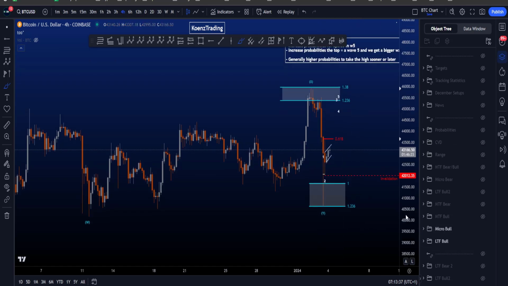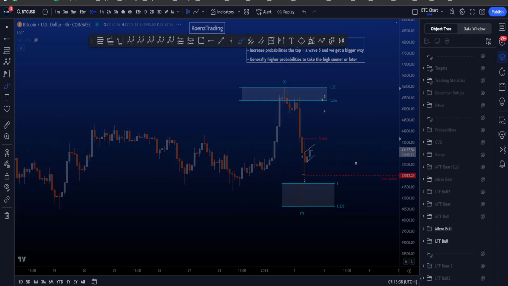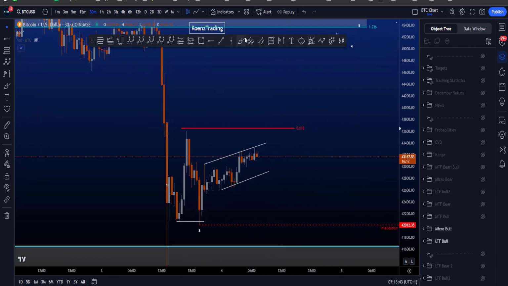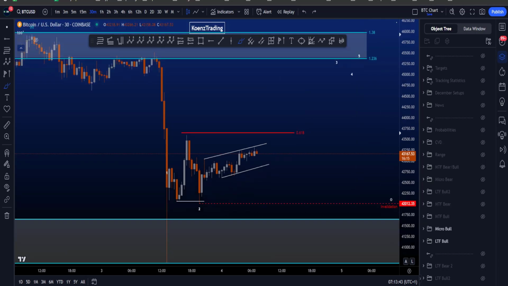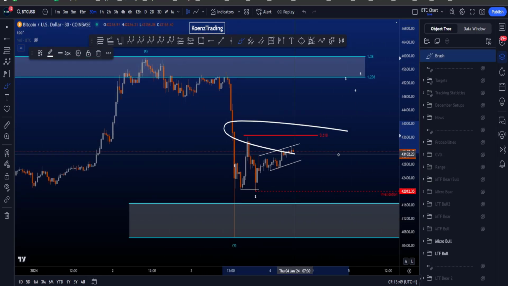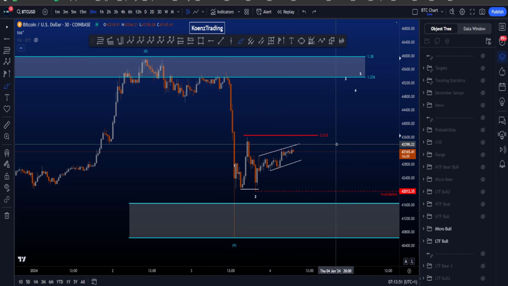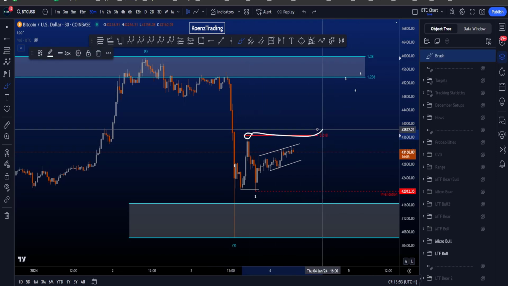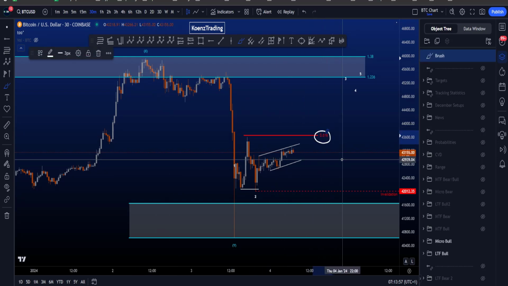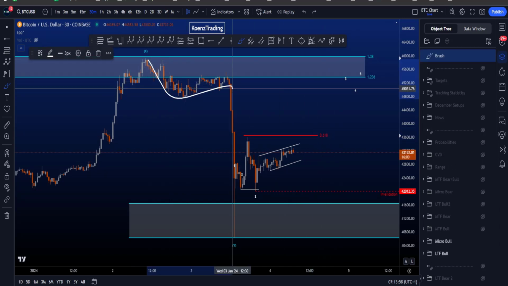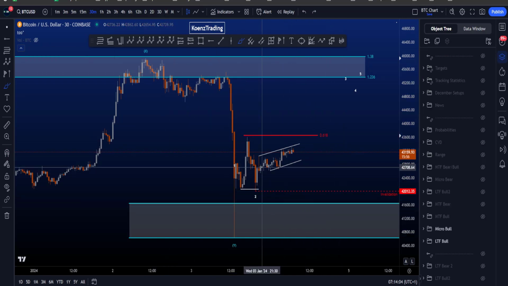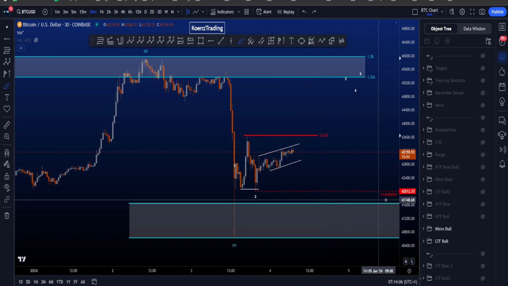Now in this scenario on the lower time frames, we are then of course looking for impulsive structures to the upside over here, where we want to see this 0.618 being hit. Main reason for this is that as long as the 0.618 isn't hit on my chart, I do realize on Bybit it did wick into the 618, but on my chart it didn't. As long as for me on my chart the 618 is not hit, we could still have an impulsive structure to the downside where this range is a wave 4 and we are looking for a wave 5 to the